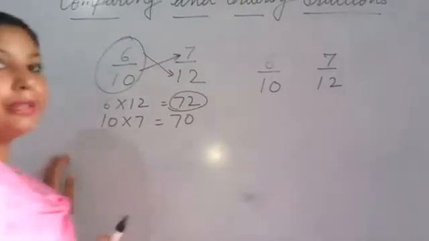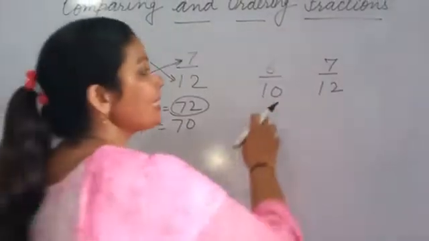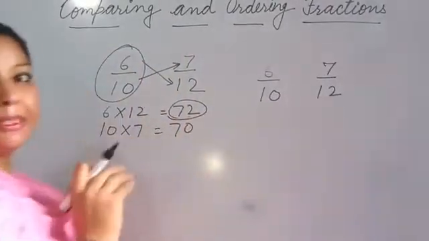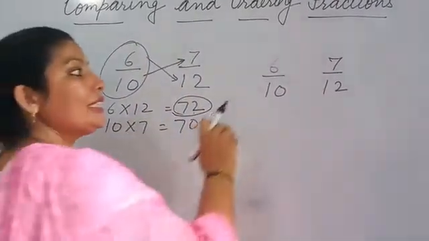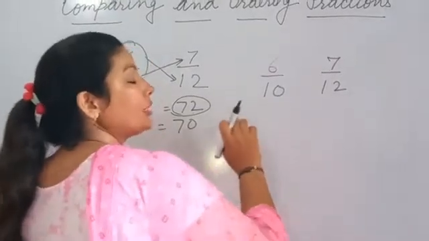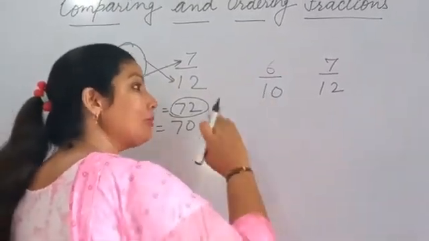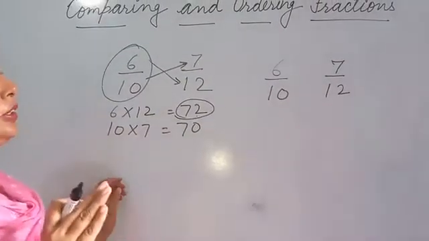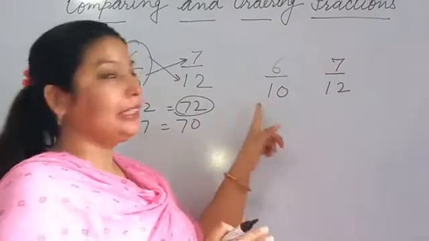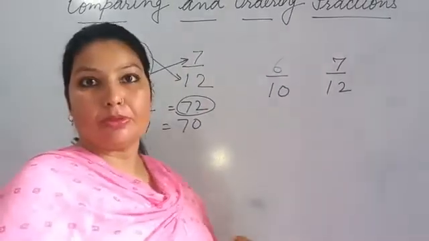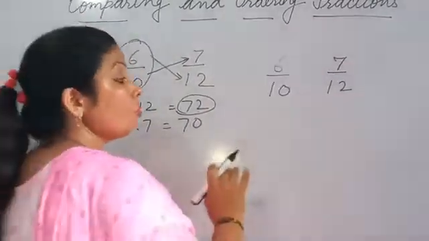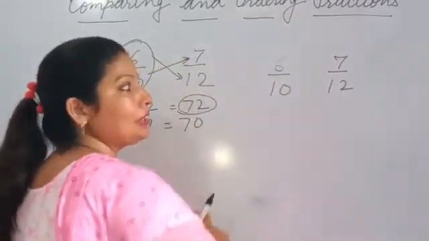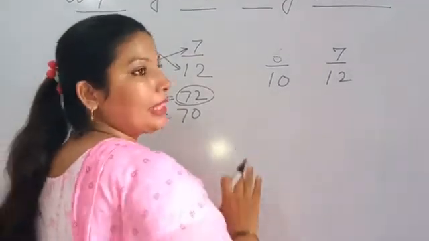How will we make their denominators same? By finding the LCM of denominators. पहले हम लिस्ट कॉमन मल्टीपल निकालेंगे. ऐसा पहला नंबर जिसकी 10 की टेबल में भी आए. LCM हम फाइंड करेंगे, first common multiple that will come in both number tables, in the 10 table also, in the 12 table also. By that we can make their equivalent fractions. फिर हम इसको equivalent fraction में change करेंगे and then we can compare.